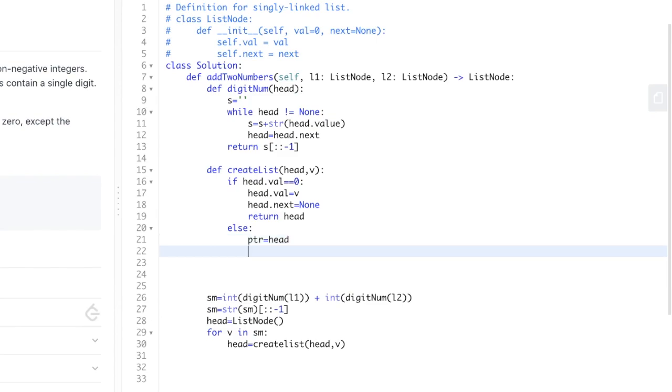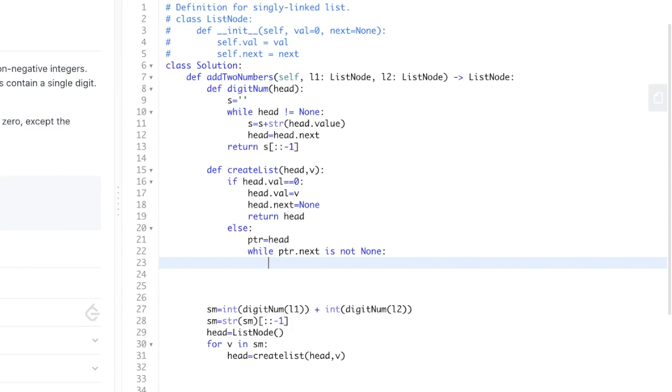Now we will check while ptr.next is not None. If it is not None, then we have to write some logic over here.